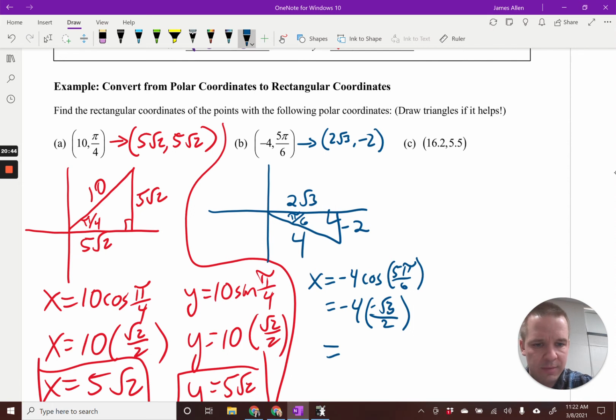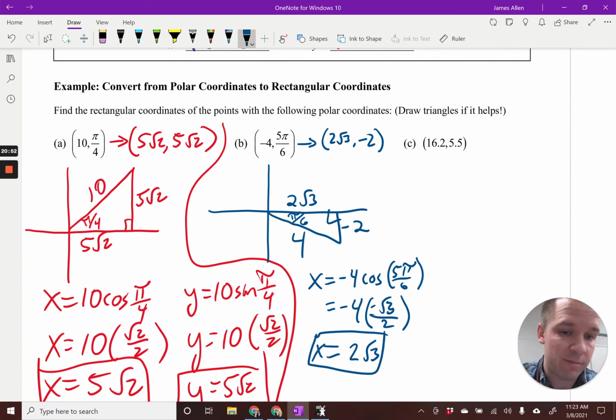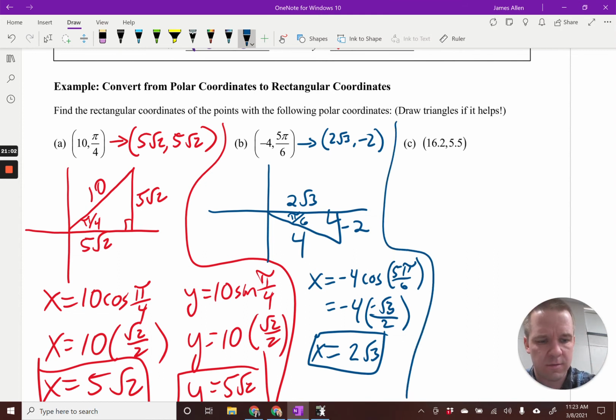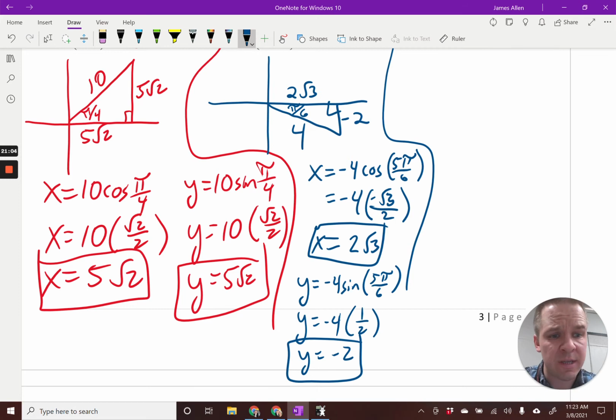So I end up with, that's an awesome 3 there. I end up with positive 2 root 3 for my x, as we saw in our diagram, right? And again, same process for y. Sometimes it helps to go with the formula route, where reflecting and things can get a little bit confusing. And in case you wanted to see the y coordinate worked out, there we have it. Sine of 5 pi over 6 is positive 1/2 times -4 gives me the -2 that we got from our